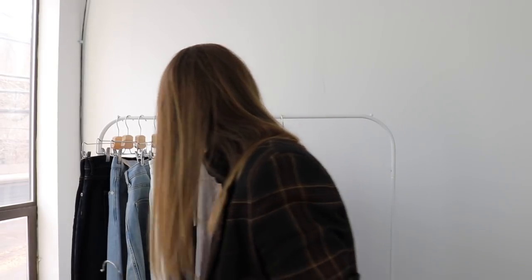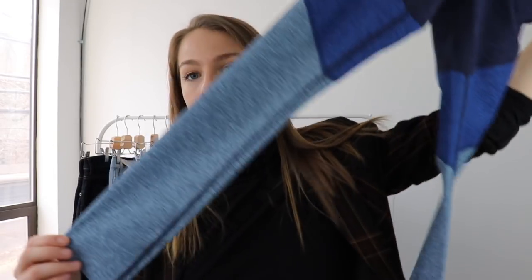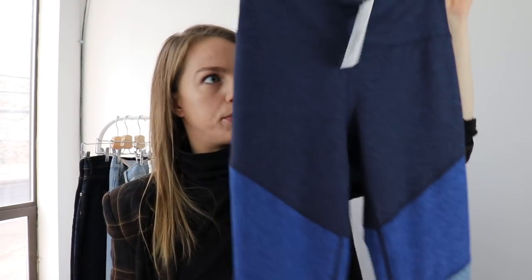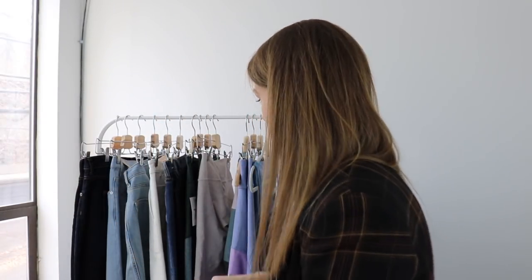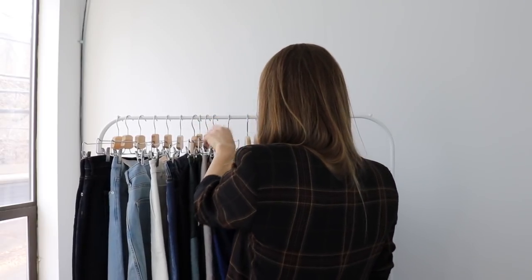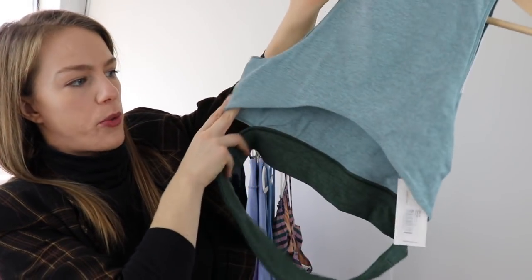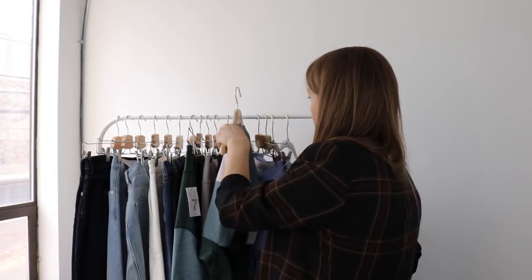And then I also picked up this one. I really love this one. I think these blue ones do well. It's got a dark blue, kind of a royal blue, and a lighter blue. This is a size extra small, but I think I have this one in different sizes as well. This is a crop top by Outdoor Voices that matches these leggings. This is an extra large, and I know I have an extra large in the leggings as well. And it's cool. It's got this little band that's more of a cutout once you wear it. Like I said, I like wearing crop tops when I work out, so I was happy to